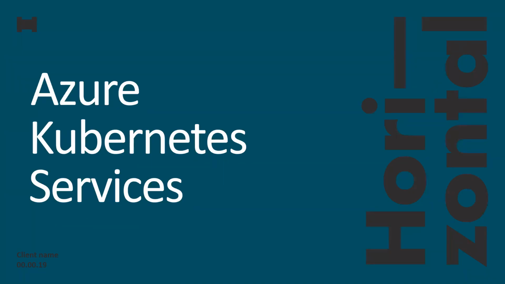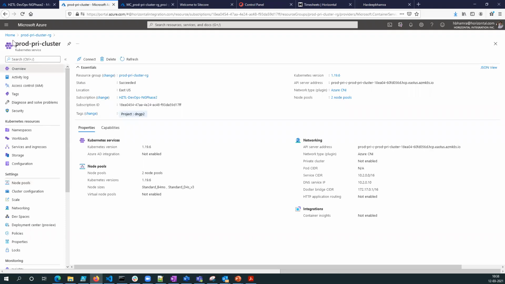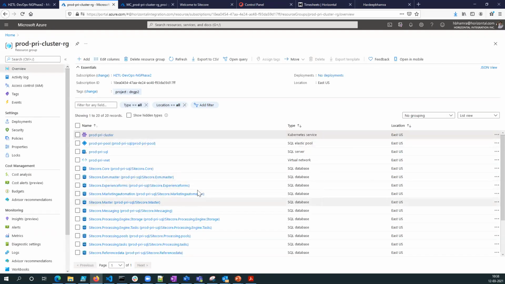Azure Kubernetes Service: last time I gave a little insight about it, so this time I'm not really going to touch a lot on it, but I'll still show it to you. When you deploy Kubernetes services in AKS, a number of items get deployed and a couple of resource groups get created. The one that you are seeing on your screen is the one that I have named prod pre-cluster RG.